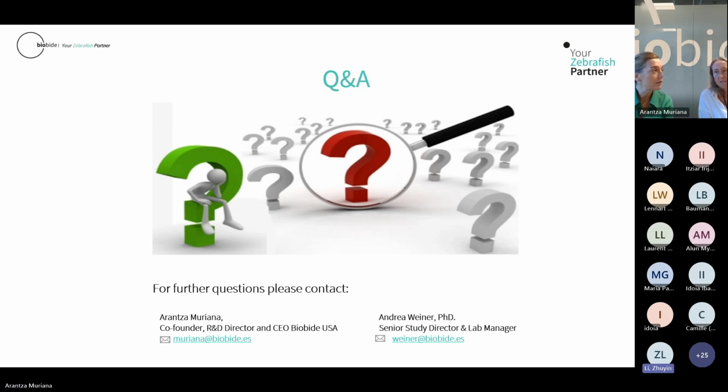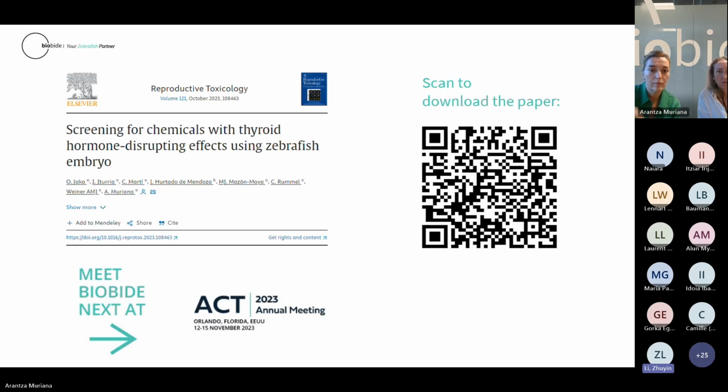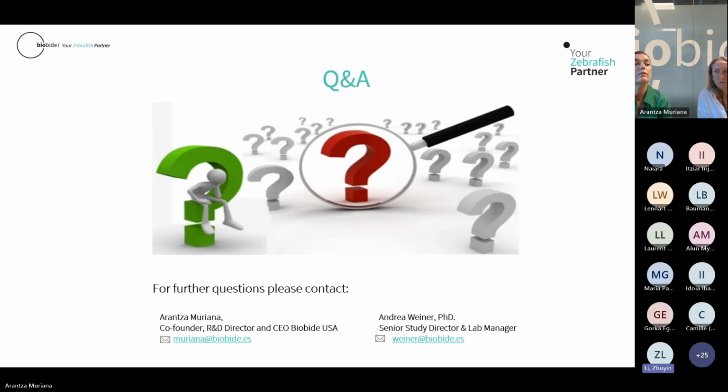Have any of these results been confirmed in a human cell line yet? In the relevant cell lines, like for example the thyroid-related cell lines? In cells, you mean? Well, you are doing a toxicity study in zebrafish, but I don't think it's really for zebrafish toxicity. We worry about humans, right? So have you tested or confirmed these compounds in any human cell lines yet?